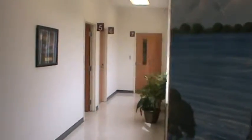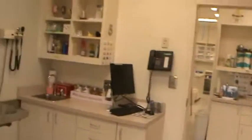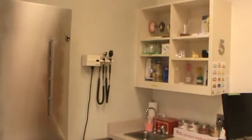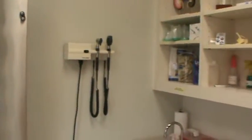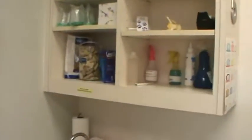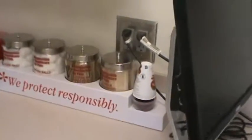And we have exam rooms that the client brings their pet back into. This is exam room 5, where there's a table to put the pet on and places for people to sit. And we look in their ears with a stethoscope, maybe. That's the stethoscope, an ophthalmoscope. And we show them models of their backbones, or their knee bones, or we take their temperature with a thermometer